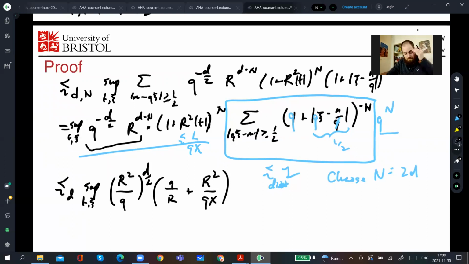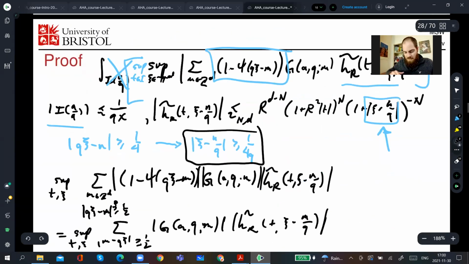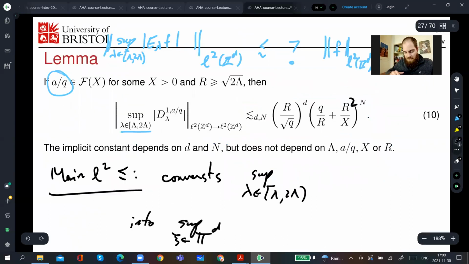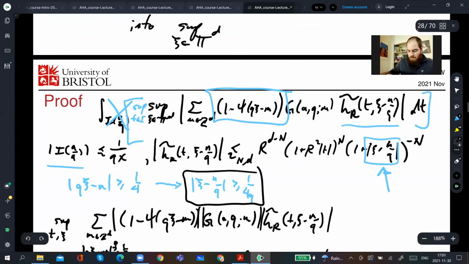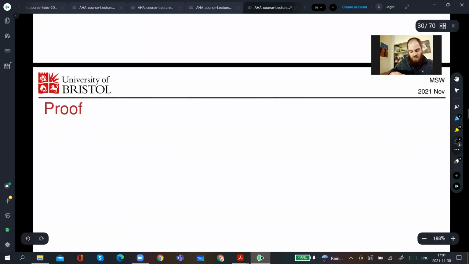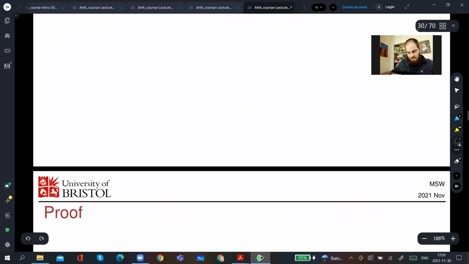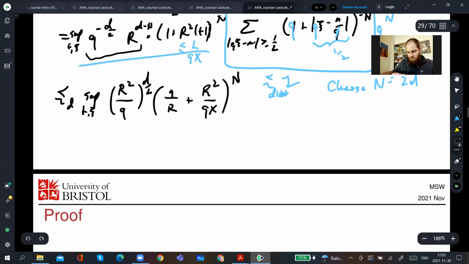Okay. So that's how we get the first bound. And, oh, sorry, all of this, of course, is to the n. And that matches with what I got. Okay. So I think I wrote something slightly wrong. This should have been R squared QX right there. That will not affect us later on. Okay. Were there any questions on that? I have a couple more pages for the proof, but questions?